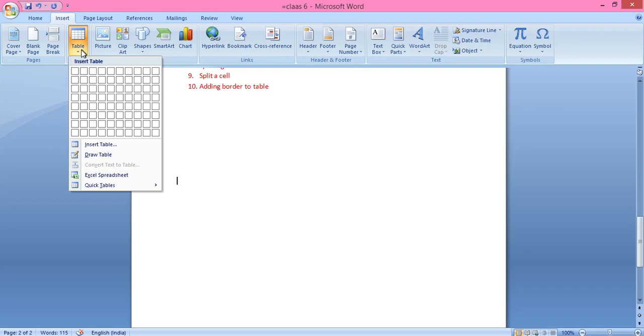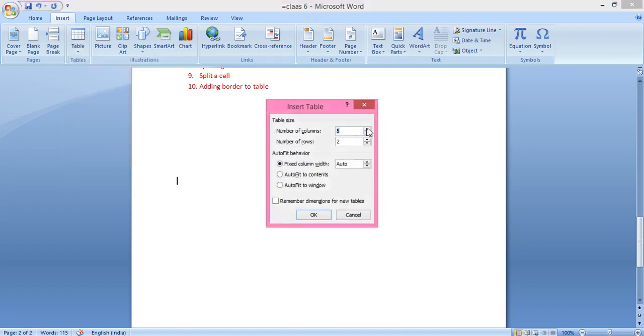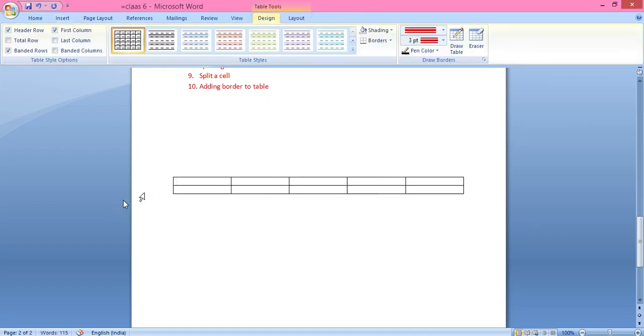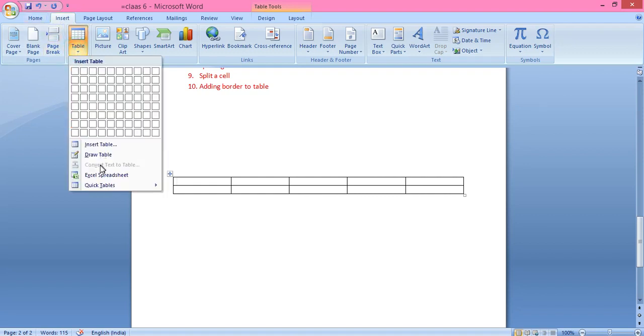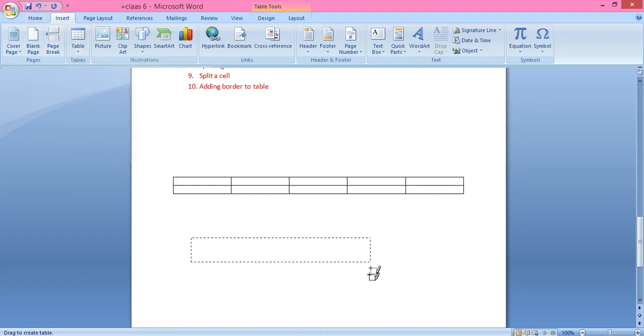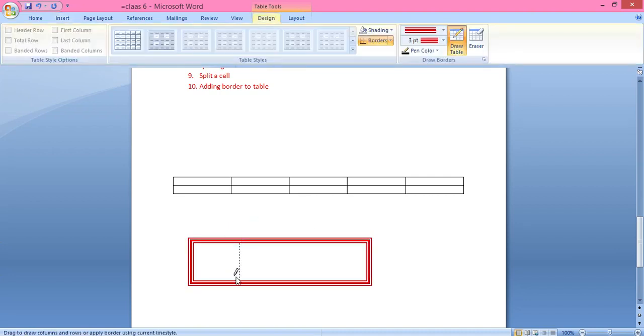Second option is you can use Insert Table, define how many columns and rows you want, and just press the OK button. It will be created. And the third option is you can draw a table, like if you want to draw like this, you can draw it. So these are the 3 methods by which we can create a table.